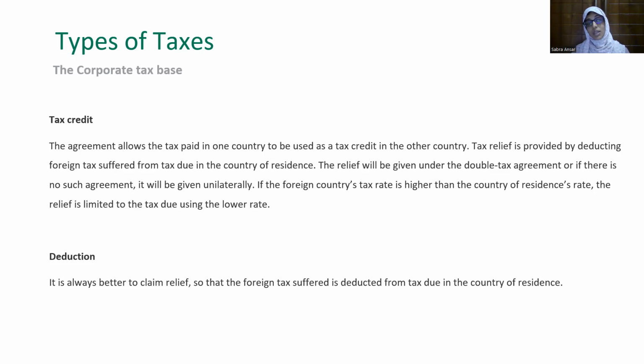And now we are going to talk about the third method, which is the deduction method. It is always better to claim relief so that the foreign tax suffered is deducted from the tax due in the country of residence. So deduction is like tax credit, obviously in a different way, where the organization already says, okay, we are being taxed these amounts in the foreign country,